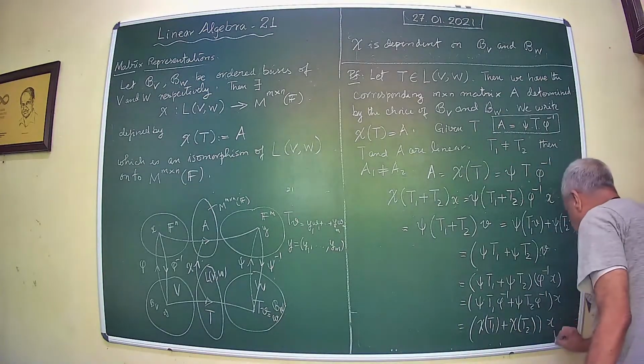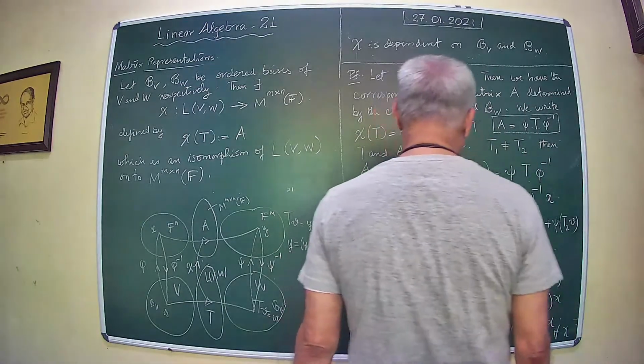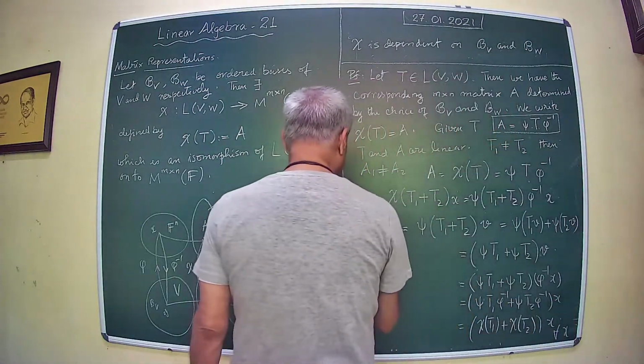This is true for every x. Therefore, chi of T1 plus T2